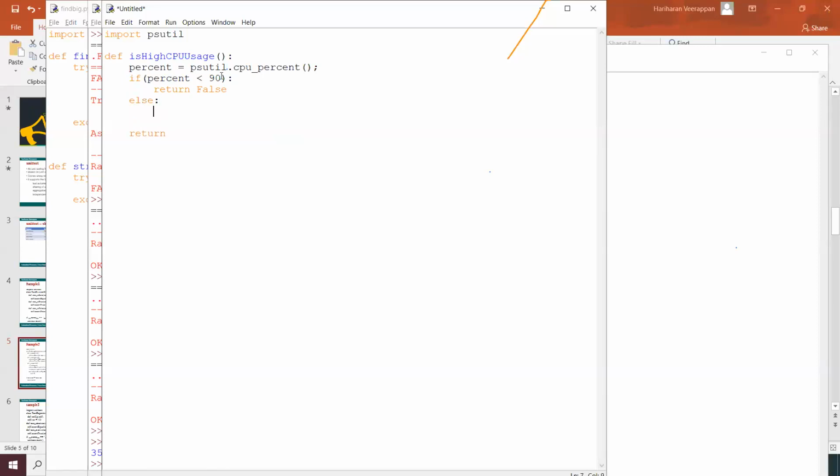Else I'm going to return true, in case of high CPU.